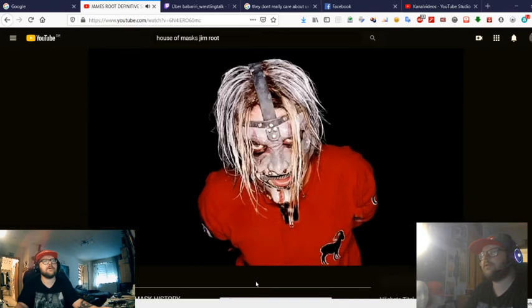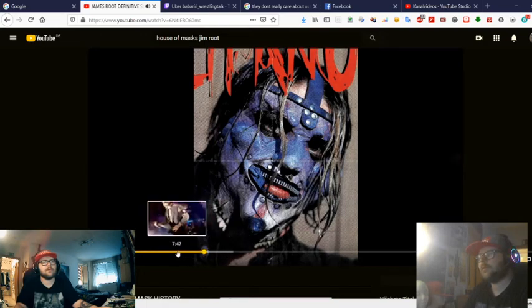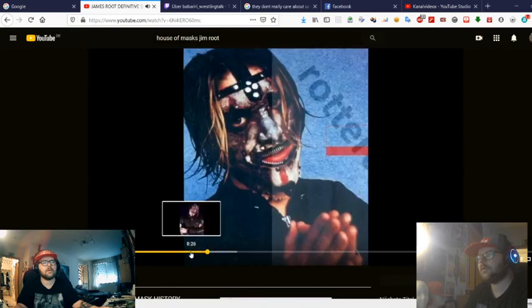Fight me. As we continue along with the mask, we have the late Iowa W neck, and the mask has gone back to a purple color, again, because Jim was constantly doing different hair dyes with his hair, and it just seemed to dye the mask every single time, giving it a drastically different appearance almost every time we saw it. And last but not least, for the W neck era,